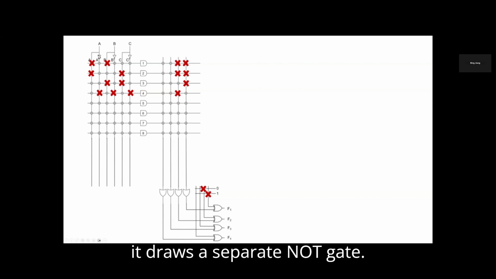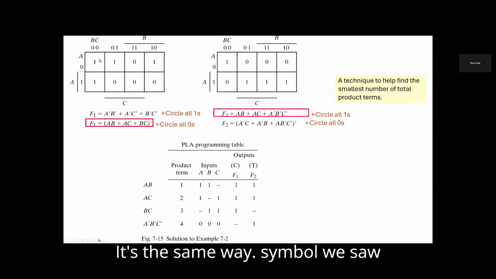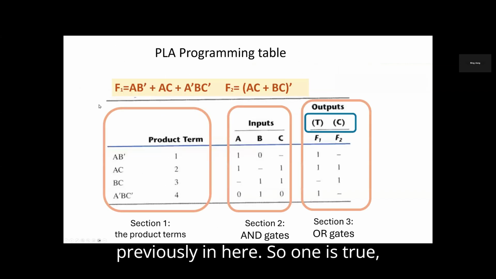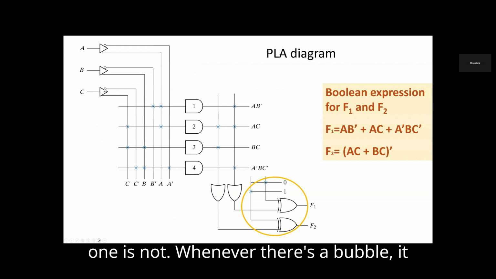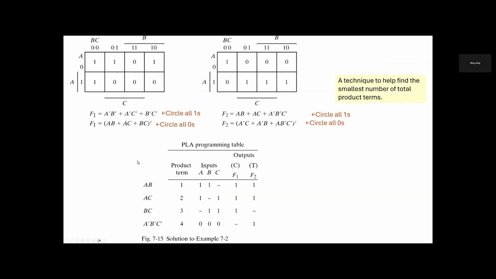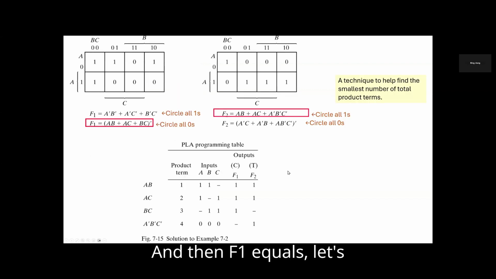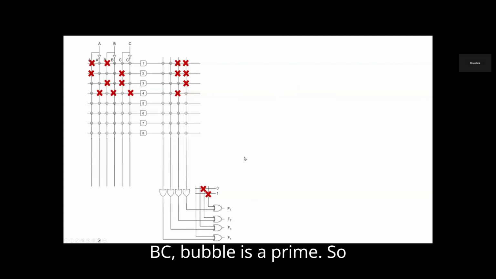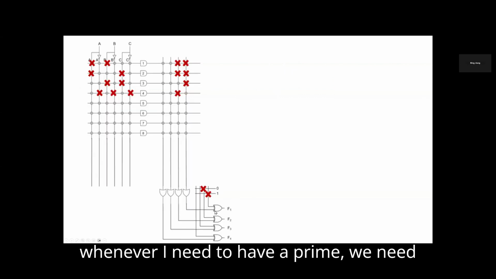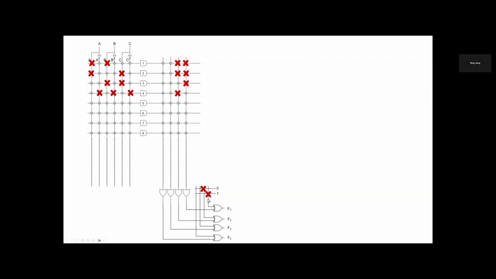Here it draws a separate NOT gate. It's the same as the symbol we saw previously. So one is true, one is not. Whenever there's a bubble, it means not. And then F1 equals AB or AC or BC, but with a prime. So whenever I need to have a prime, we need to